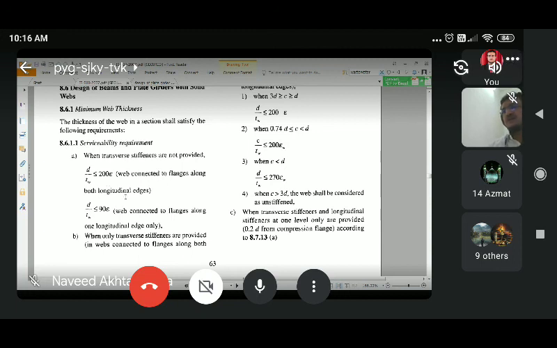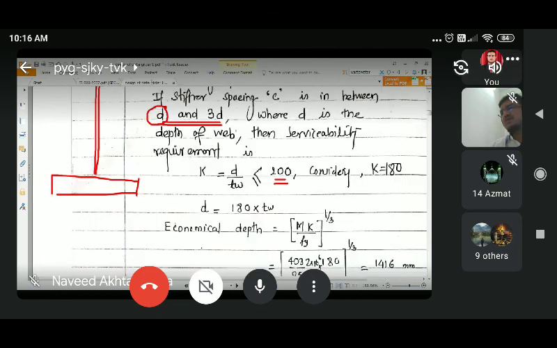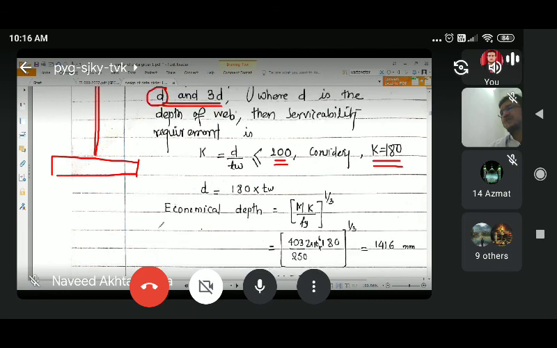Here also, when 3D is greater than C and C is greater than the depth, then the D by TW ratio should be less than or equal to 200 epsilon. So we are taking this case, and you can find out the value of D or TW. We are considering the value of K less than 200, here we take 180. So D is equal to 180 into TW, and by using this,